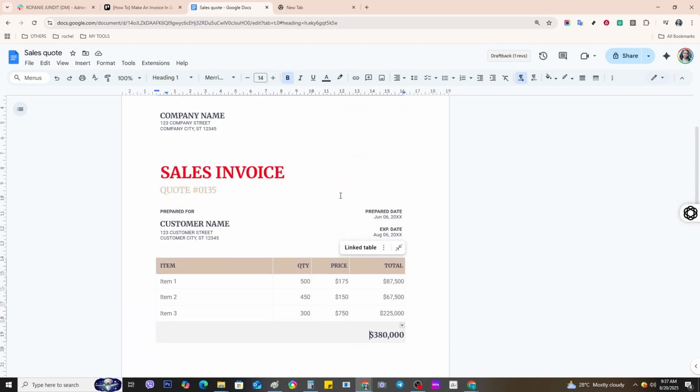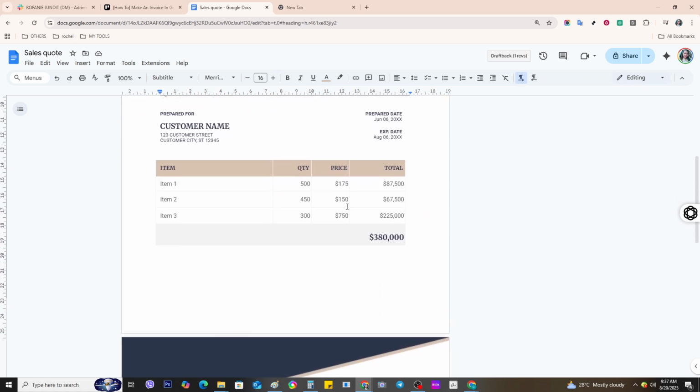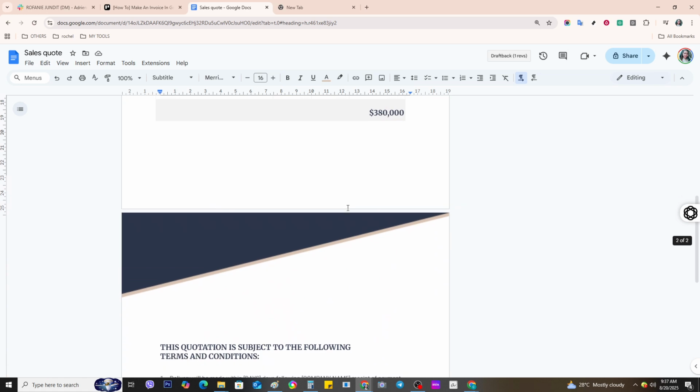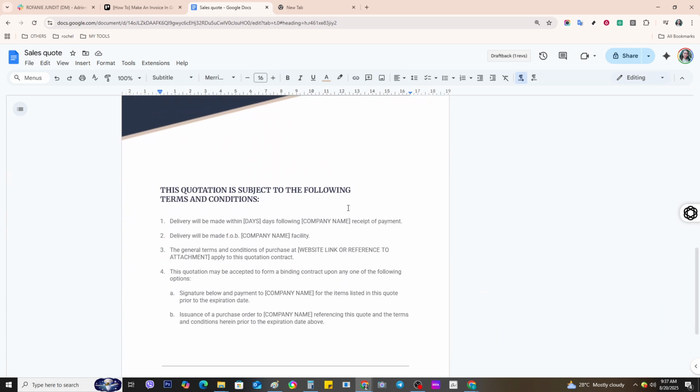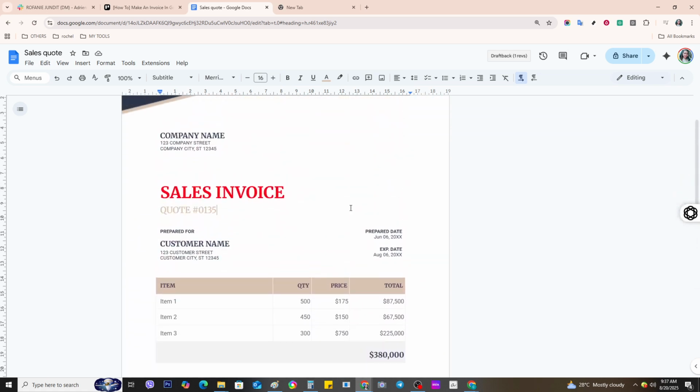Finally, let's wrap it up by adding totals and any additional notes at the bottom of your table. Calculate the subtotal, factor in any taxes if applicable, and then finalize with the grand total. Also, provide a section for notes